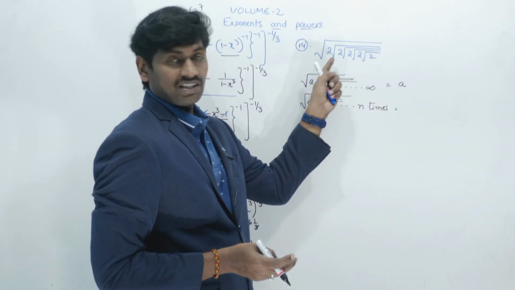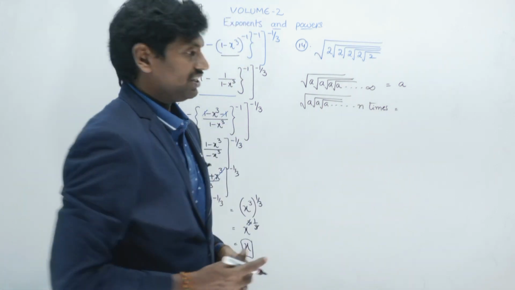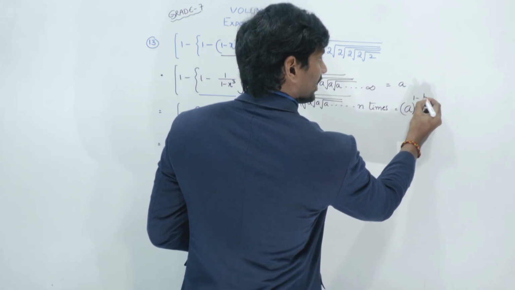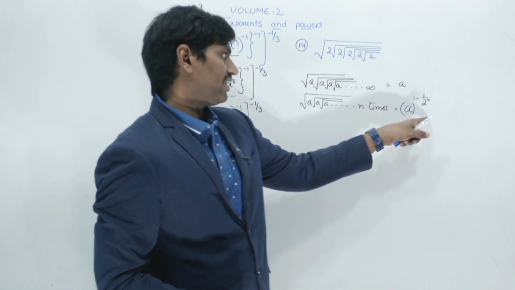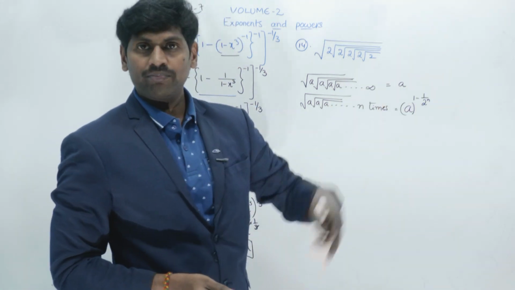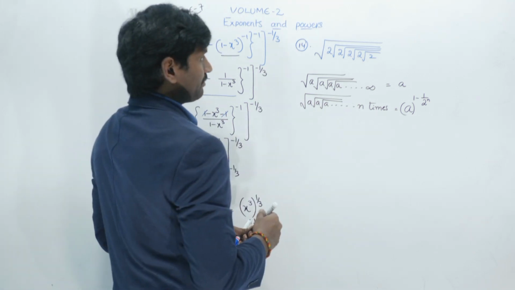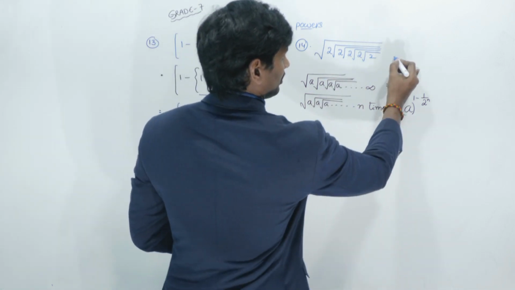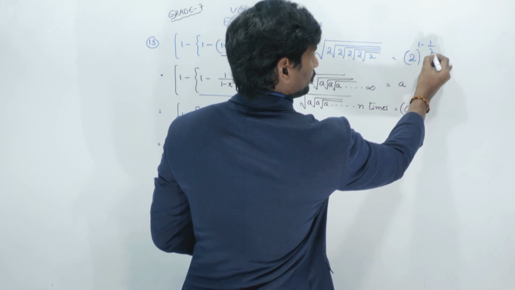But here 5 times are given. Like 10 times or 20 times it is given like that. The formula is a power 1 minus 1 by 2 power n. Because it is square root, thus we have taken 2 power n. Okay? So a power 1 minus 1 by 2 power n. According to that, we are going to apply the same condition here. Here, how many times I have written that one? The base whole to the power of 1 minus 1 by 2 power